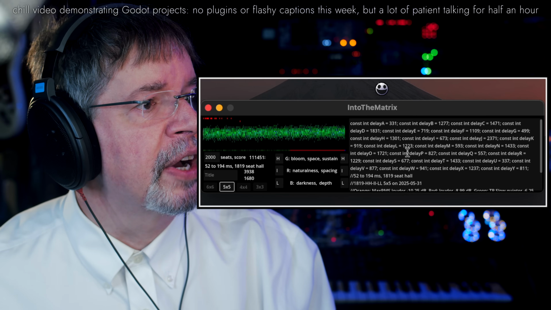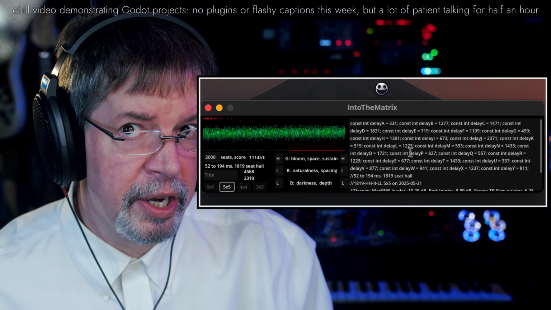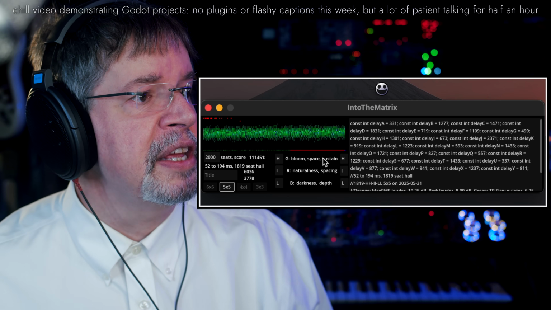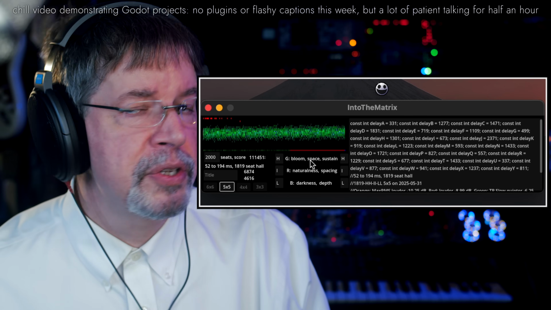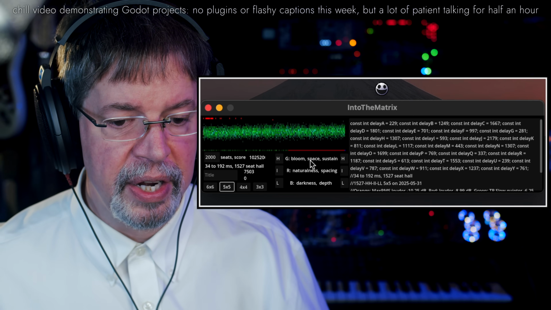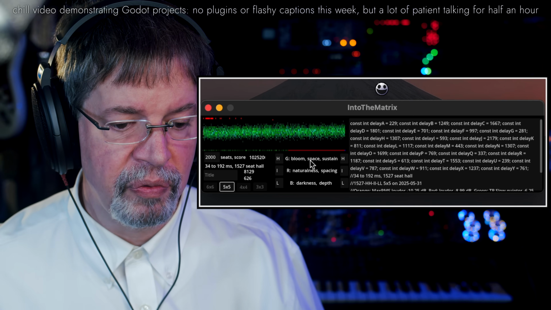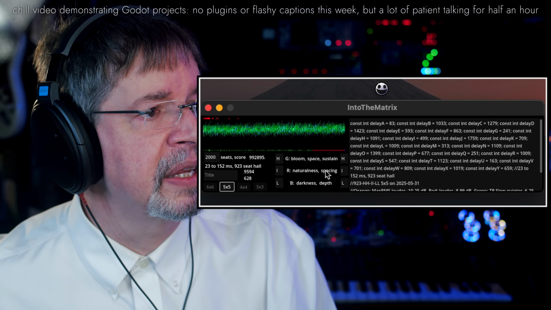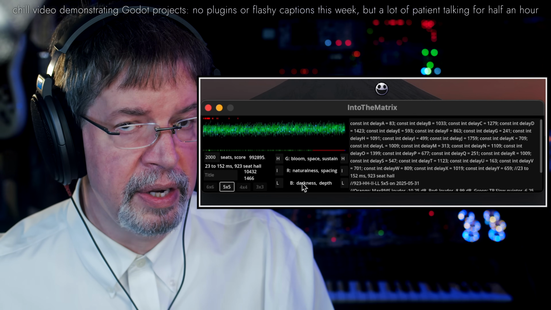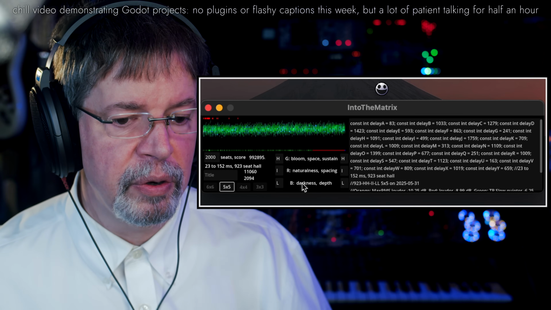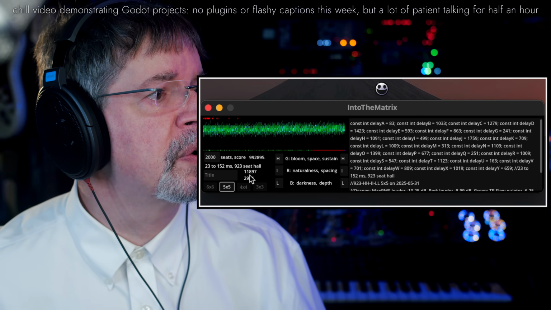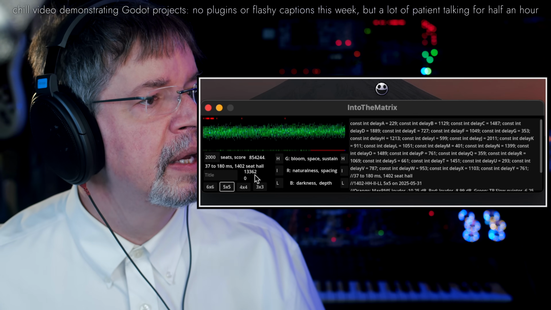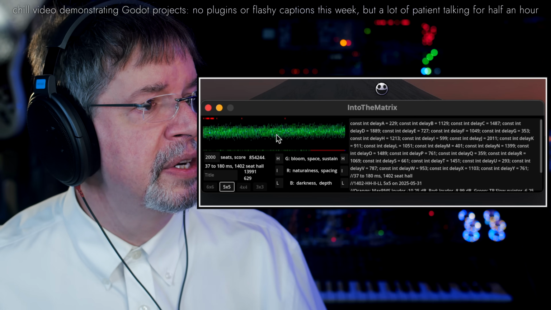And now we've got a much larger hall, and it's going to run and try to come up with the best possible reverb using these criteria, and also using other things like back when I did the K plates, like K plate 140 and K plate 240, I didn't have some of this stuff going on, like the naturalness and spacing and darkness and depth. I didn't have a thing that could iterate through all of these. See, it's already done 12,000 examples as I speak, that it has tried to find the best one